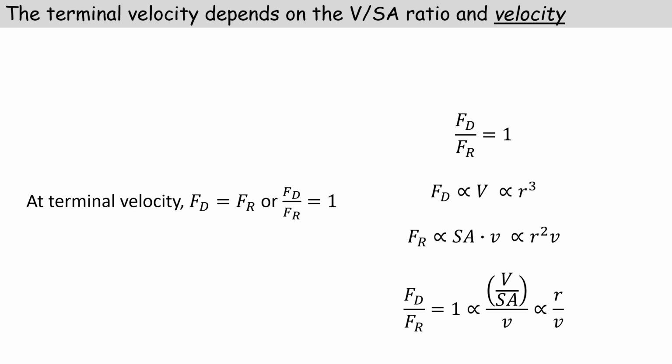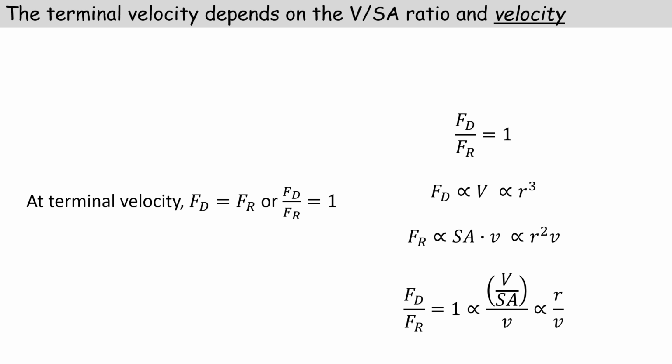So the driving force is proportional to r cubed. The resisting force is proportional to the surface area times the velocity. The v here, the small v, means velocity. In other words, the resisting force is proportional to the radius squared for a sphere times the velocity. Now, if we look at the ratio of these two forces, which again must be equal to 1, we find